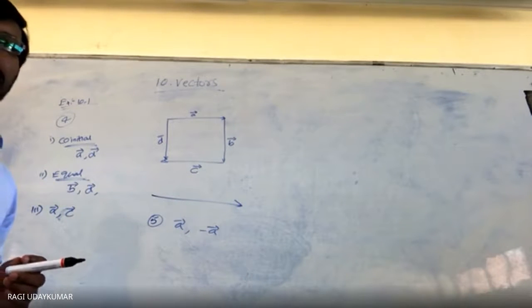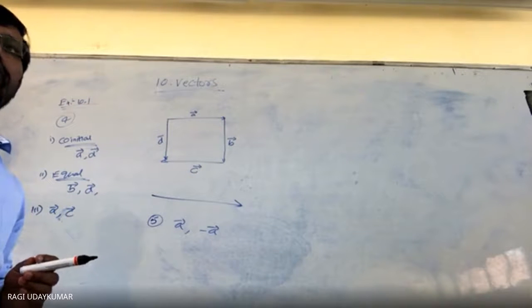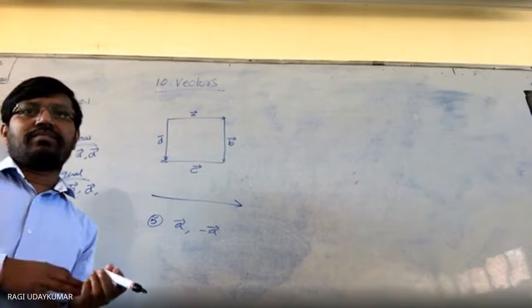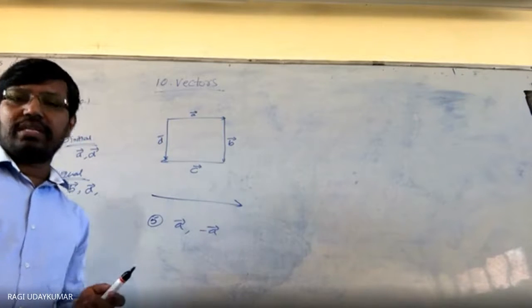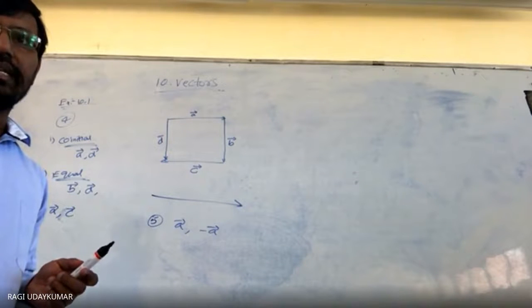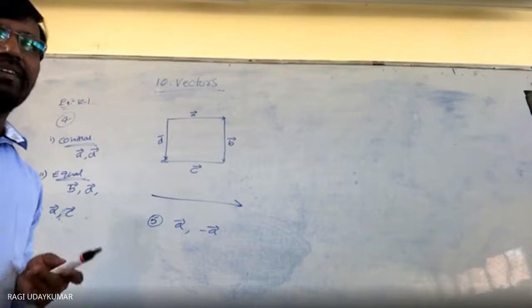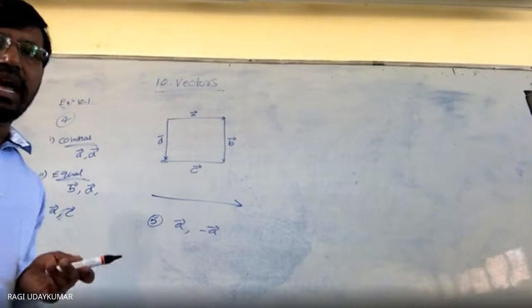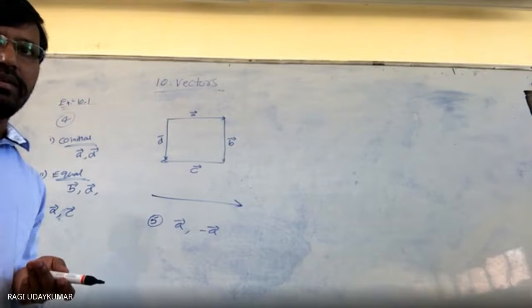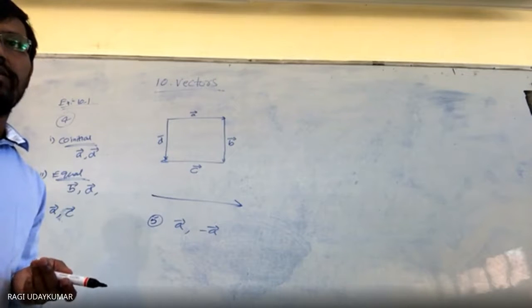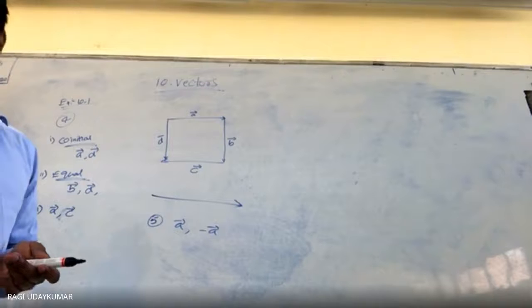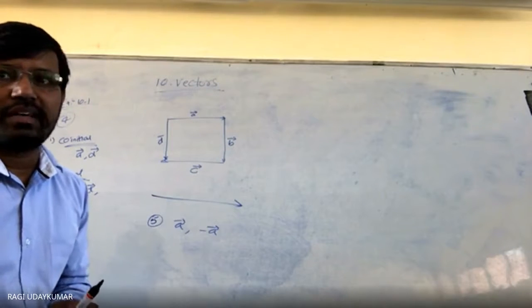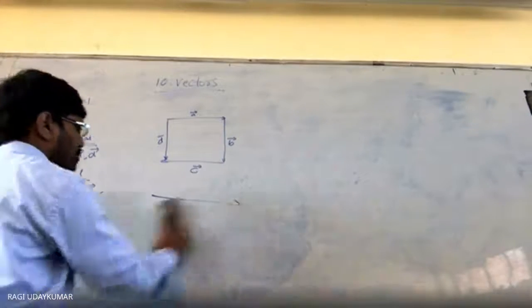Okay, so the next one, the third one, is collinear vectors. Those vectors are parallel to the same line. The question given to you is: two collinear vectors having the same magnitude are equal? No, they are not equal. Okay, समझ में आया? So this is simple here. The problems here, the 10.1 exercise, is not difficult for you. Okay, let us move to the 10.2 exercise.